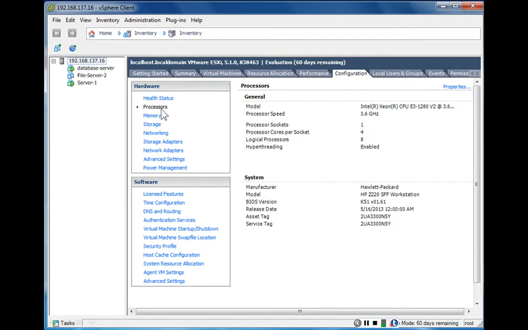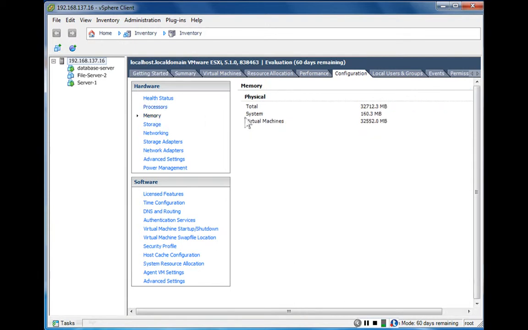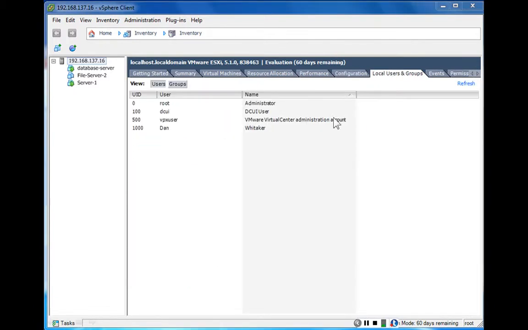It shows we have Xeon processors. If I click on Memory, it shows that we have 32 gig of RAM, so this would be considered a small ESXi host. If I click on Local Users and Groups, you can see how these are the people who